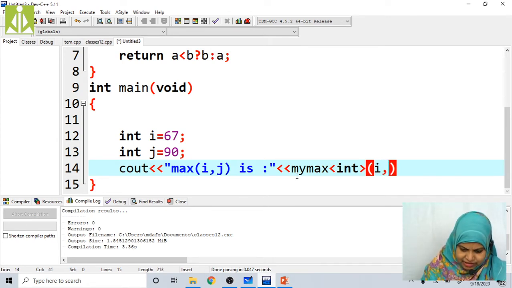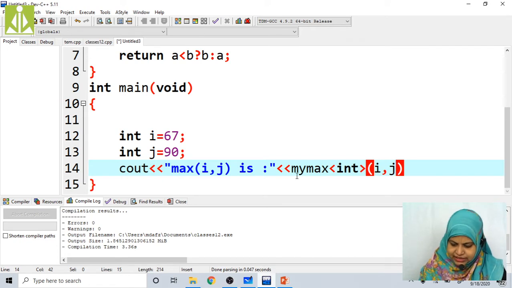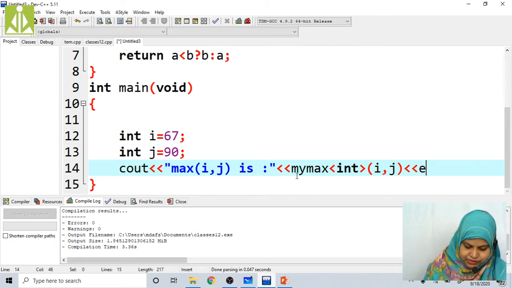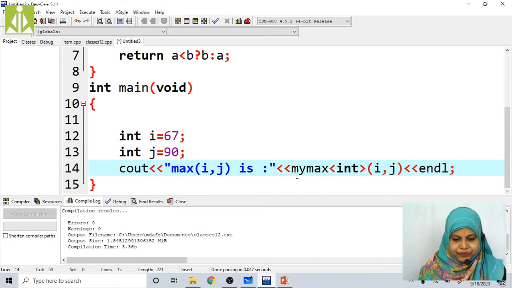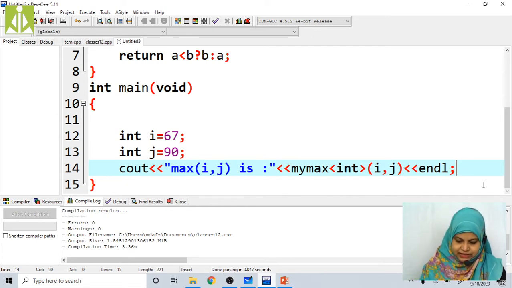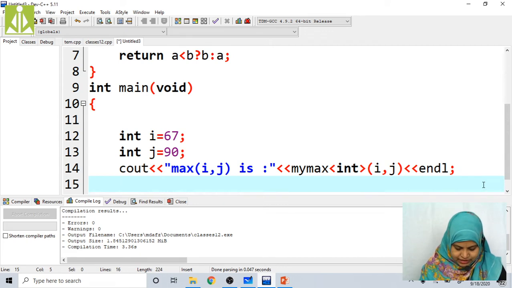We are finding the maximum of two values i comma j, my max. Integer value, that's the reason I am going to write int. Here I am declaring i comma j variables, that's the reason we are passing i comma j variables, right?